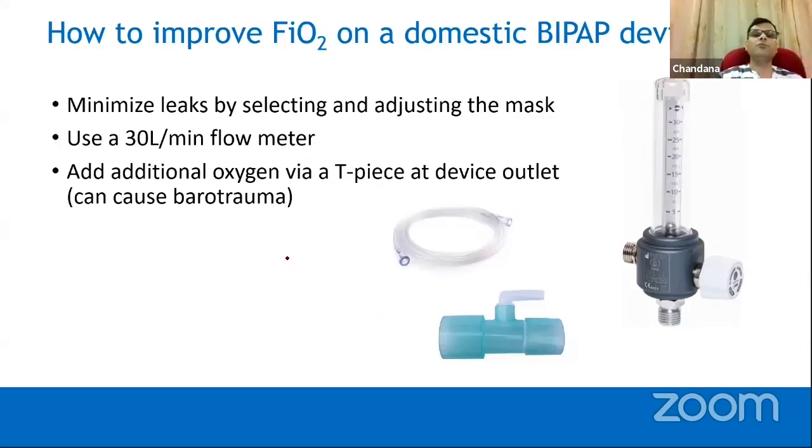So how can you improve oxygen? One of the best things you can do is to minimize the leaks. If you have a leaking face mask, these are kind of problematic. That is why the high flow is actually helping, because you can provide more oxygen. NIV can provide much better care, but the mask has to be fitted properly, and when the patient moves around, the mask can dislodge, and you will have to continually adjust, which is practically not possible